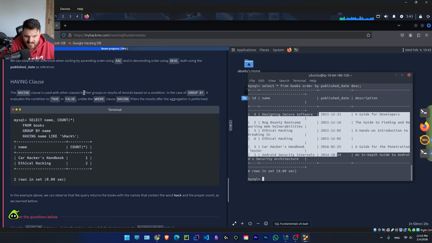HAVING clause. The HAVING clause is used with other clauses to filter groups or results of records based on a condition. In the case of GROUP BY, it evaluates the condition to true or false. Unlike the WHERE clause, HAVING filters the results after the aggregation is performed. So here we have a SELECT name, COUNT(*) FROM books, GROUP BY name, and then HAVING name LIKE